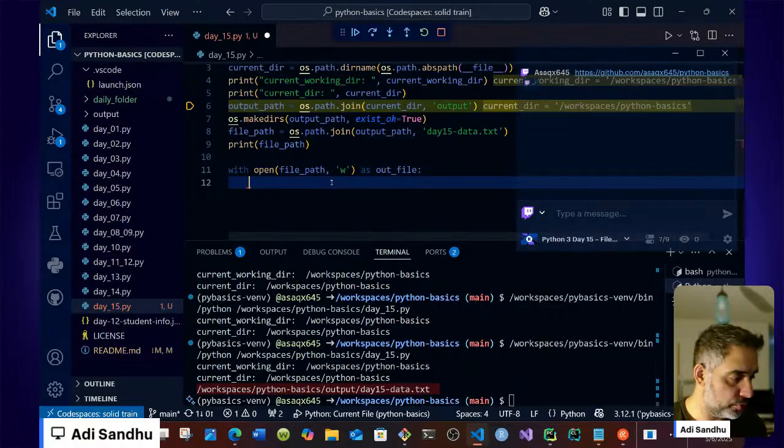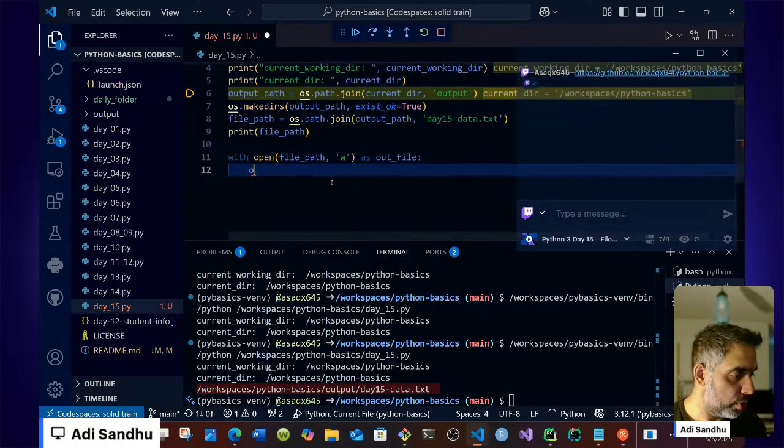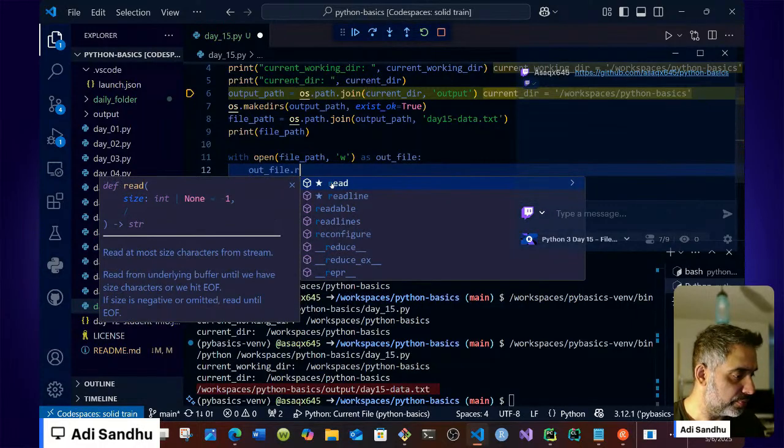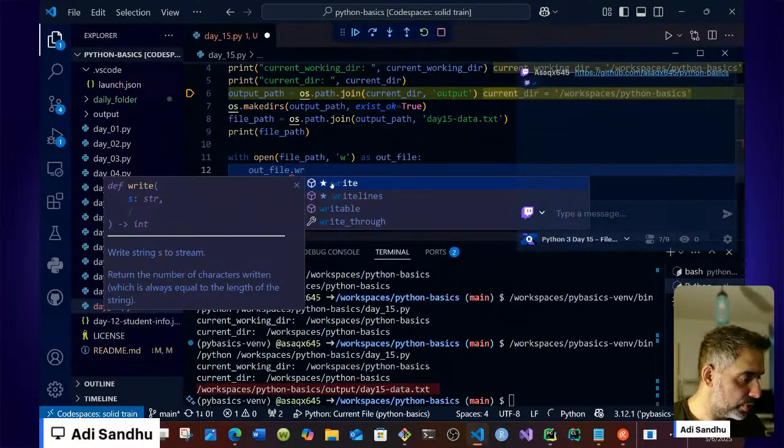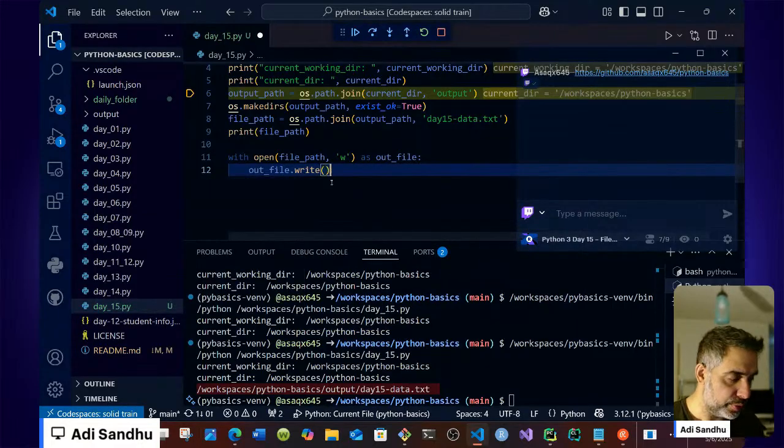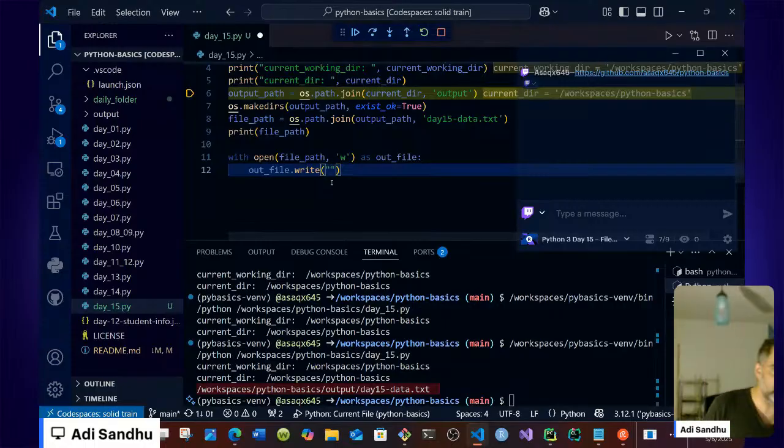We want to use, on out file, we want to use the write. See that? Write. We want to use that. And what we want to do is put an F string in there. What's an F string? We're going to pass in something from the function. So if we nest this inside a function, then we get an F string and we can pass in the parameters to the function to this. Right now, we can just hard code a string in here saying